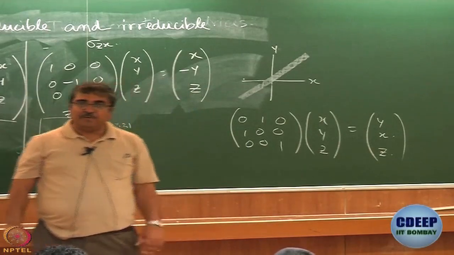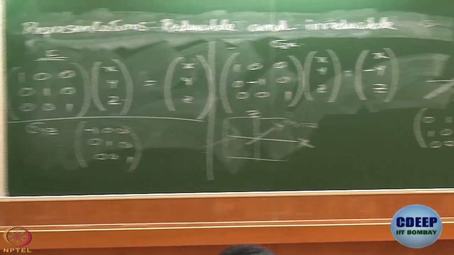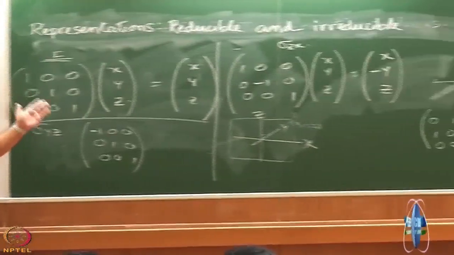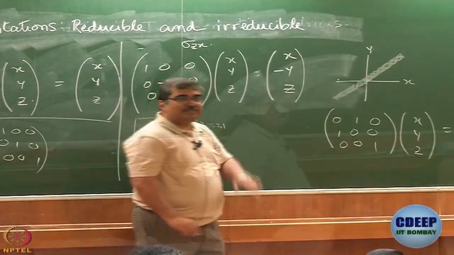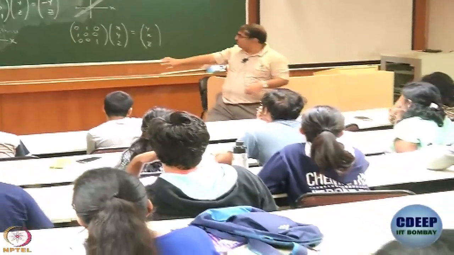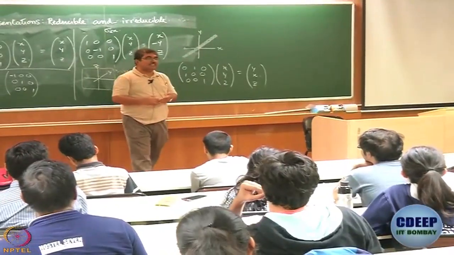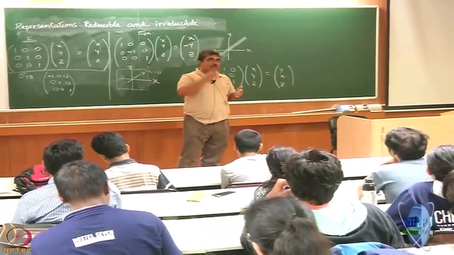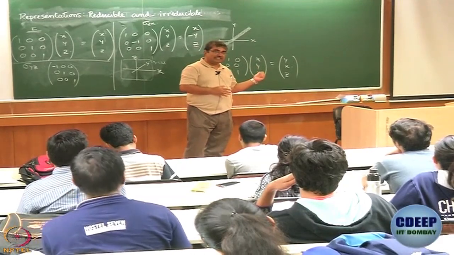Now, I hope the difference between the matrices we got earlier and the one that we have drawn now is obvious to you. What is a major difference between this and this? The first one is a diagonal matrix, this is not a diagonal matrix. So here you have non-zero off diagonal elements as well. I was planning to discuss this a little later, but since we have reached here, let us discuss it right now. What is the meaning of a diagonal matrix? What is the meaning of a non-diagonal matrix in this case?